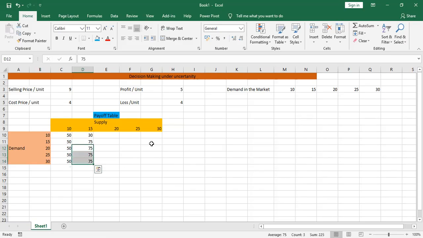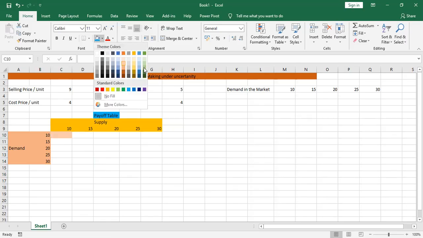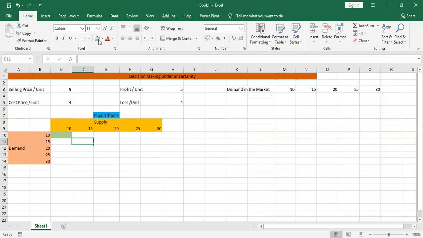So on the basis of this pattern, you can prepare it. It might be possible that you are feeling it is quite tough to create the table. I'll give you one pattern, one method that is very simple. If we're talking about the diagonal, you can see the demand and supply both are equal on the diagonal: 10, 10, 15, 15, 20, 20, 25, 25, and 30, 30.